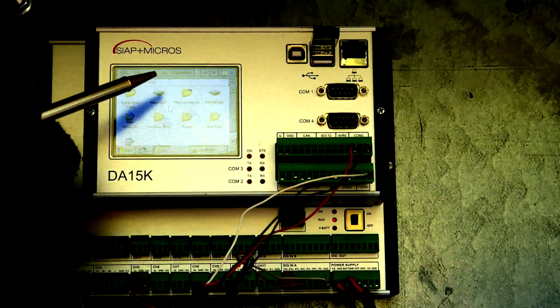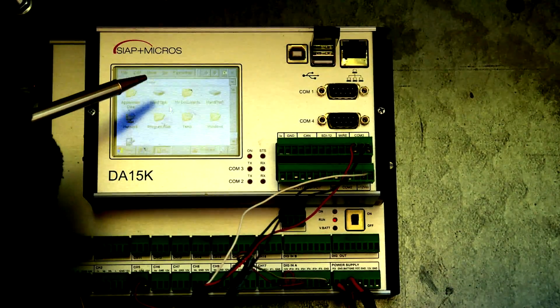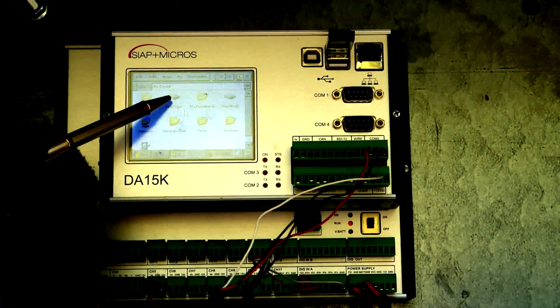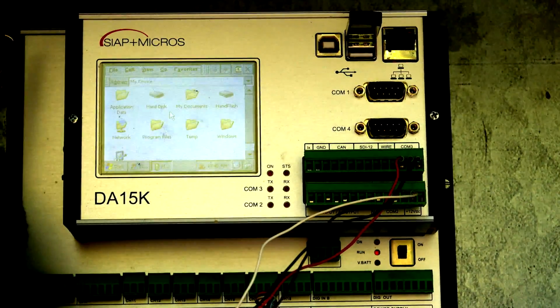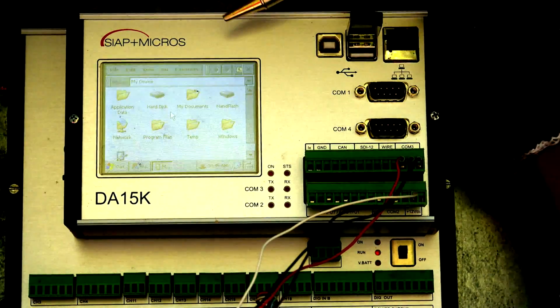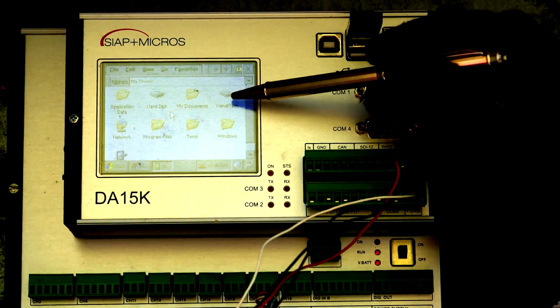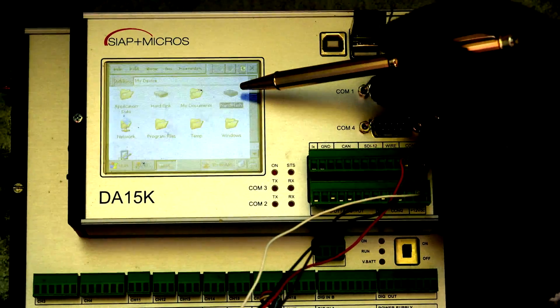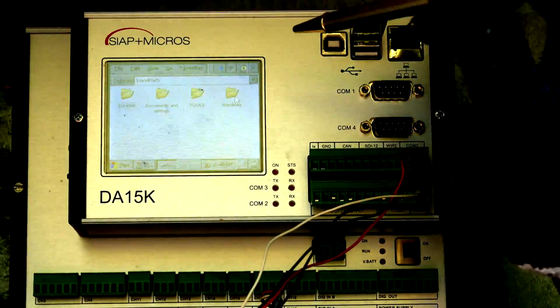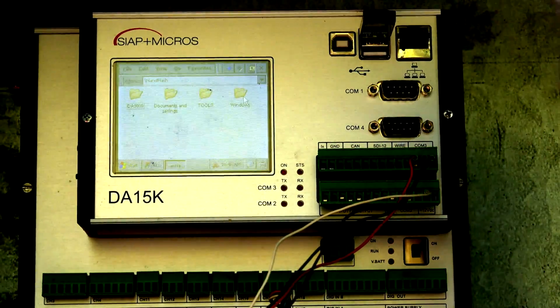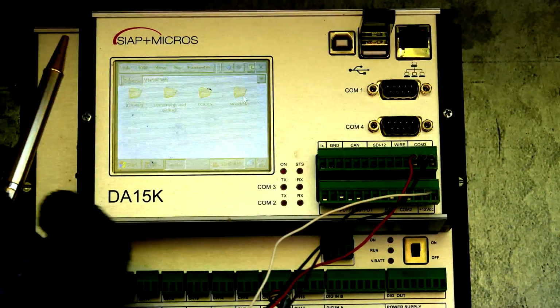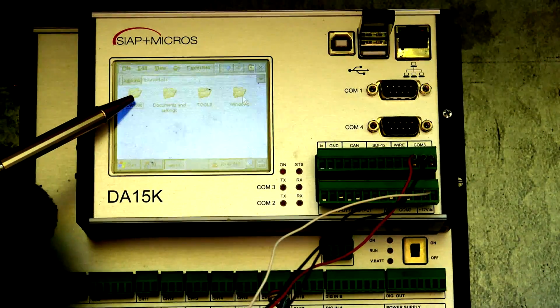Here we can see the files available in this data logger. This hard disk is our USB drive, and this NAND flash is the internal storage where our data are recorded. I am going to this NAND flash. Just double click, like in every PC. Here there will be a DA9000.